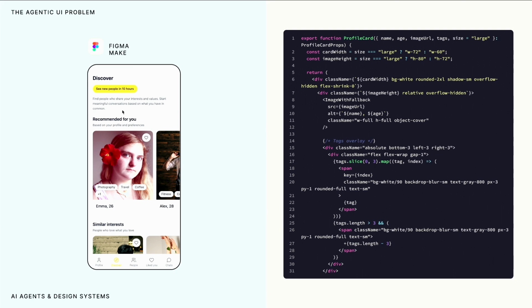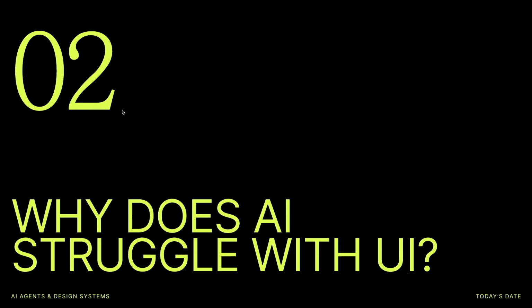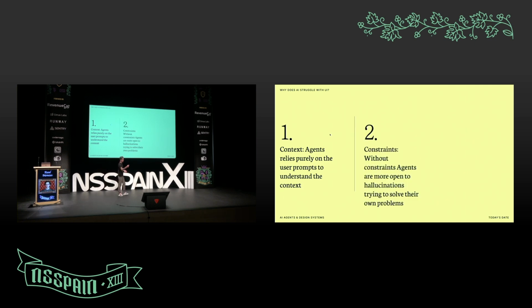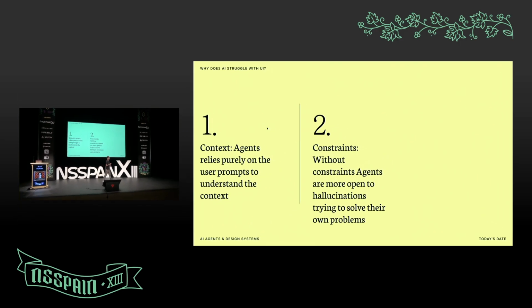So what's the biggest problem here with the UIs? Why does AI struggle? Context. Everything is about context these days. What we give AI, the agents, at the end is just prompts. We're just prompting, refining the prompt, and it keeps going, just building context, which is us trying to mimic the same context that you have as an engineer, which sometimes is not very reliable because you need more information. You have access to information that they don't have. Constraints, which is very important. When working with UI, we have different constraints.